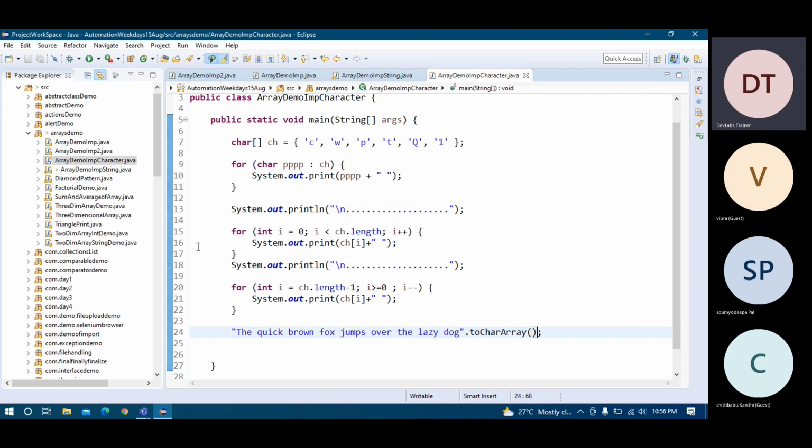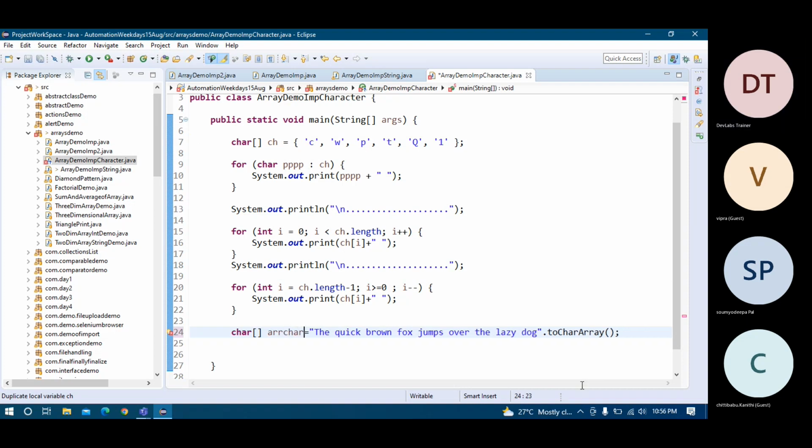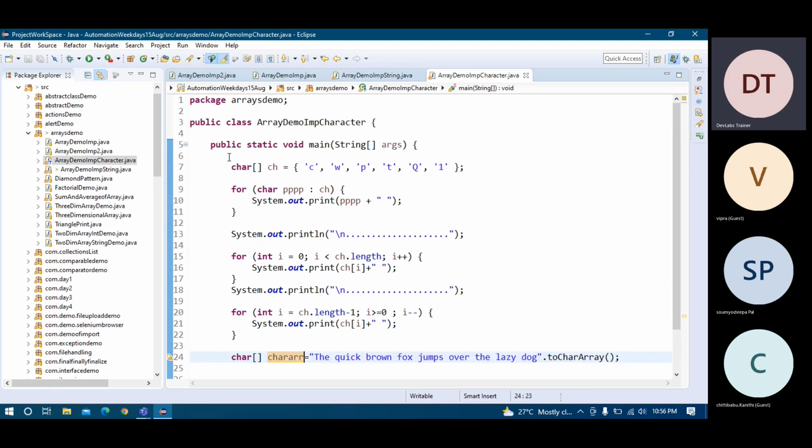Once you have the character array, you can go for some new variables. This is the name I am giving, and it's similar to that.